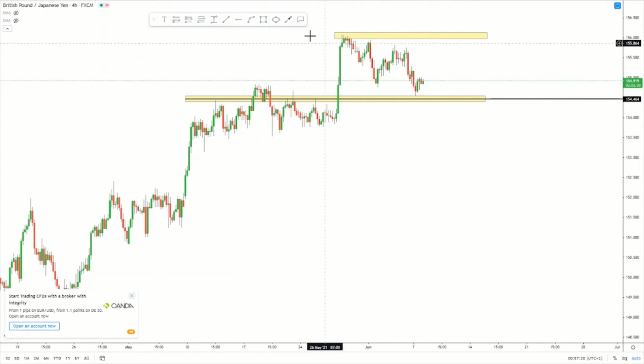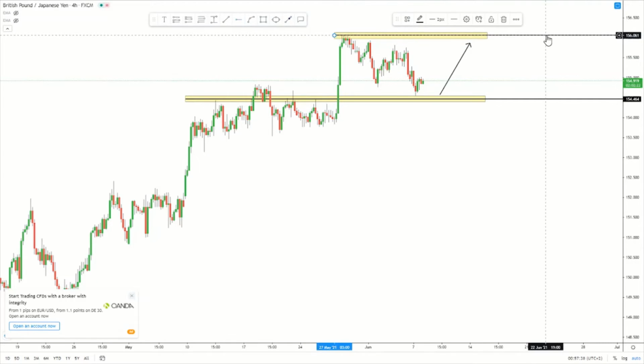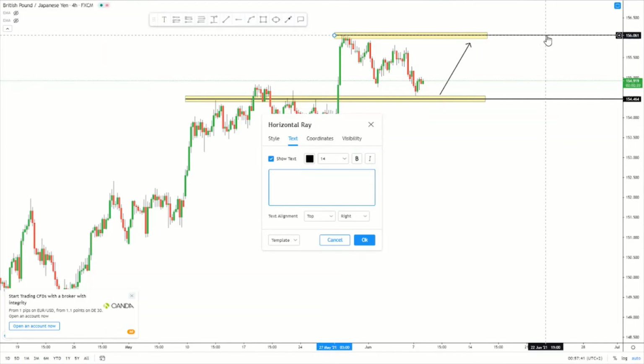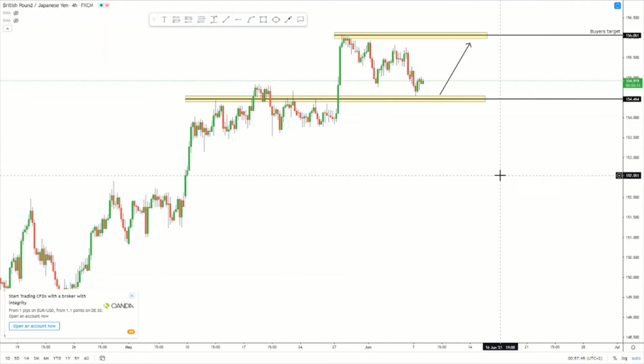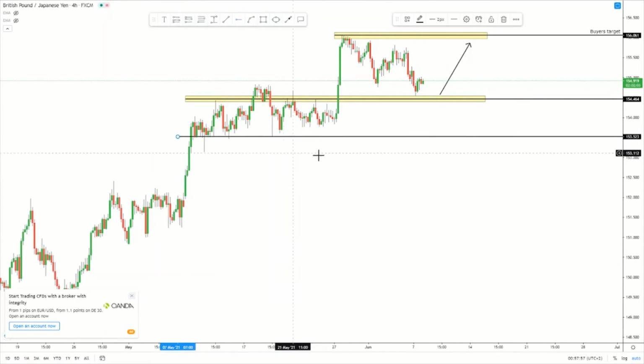If this area holds, I'll either jump in on a continuation trade, right? Put that down there. Buyer's target, and it seems the area is holding at this moment, so I'm all for the buy on this pair. If the buy doesn't hold, I'll sell below this area, and we target these lows over here,